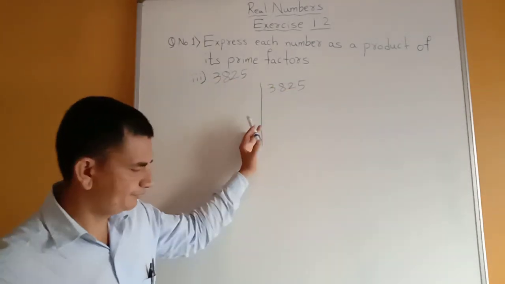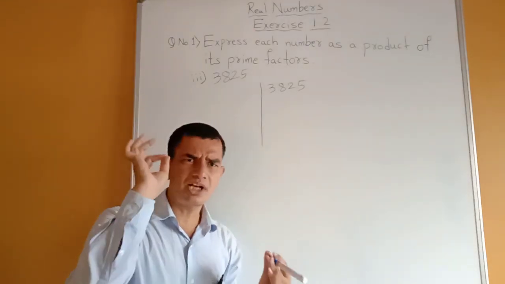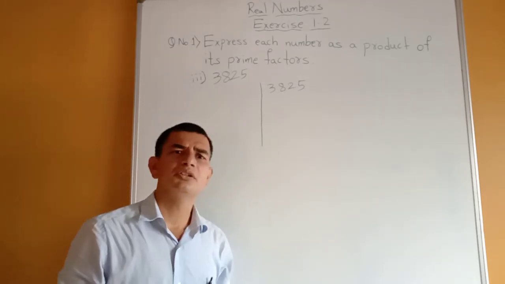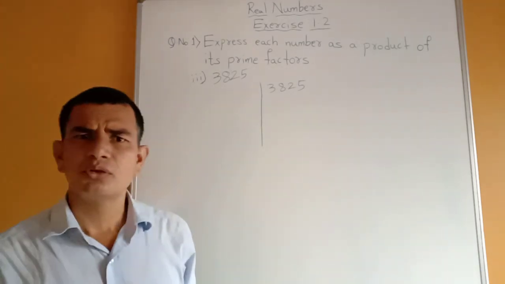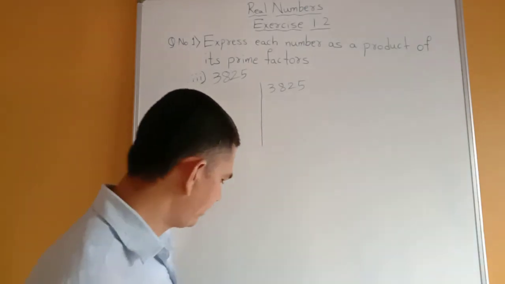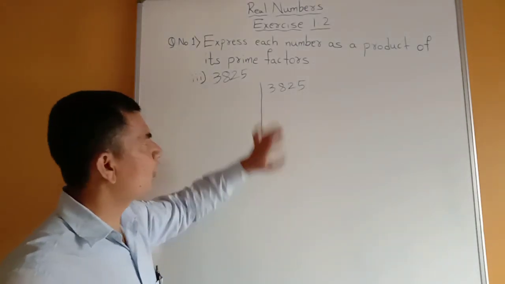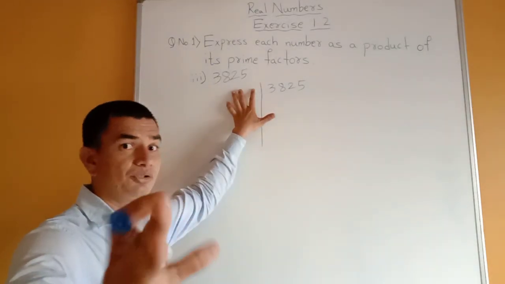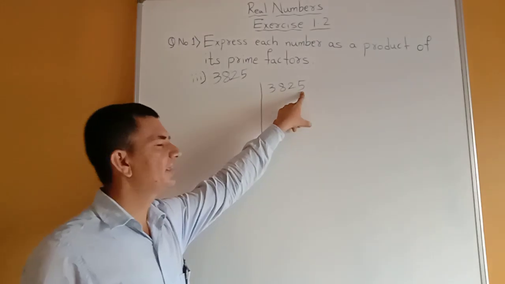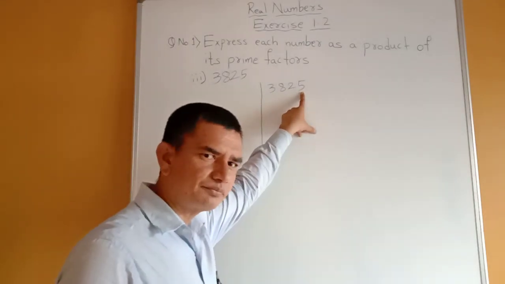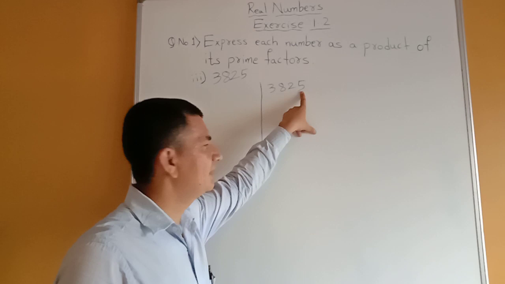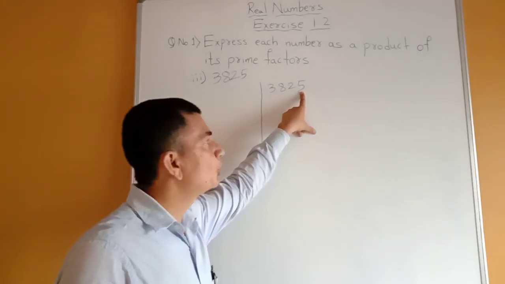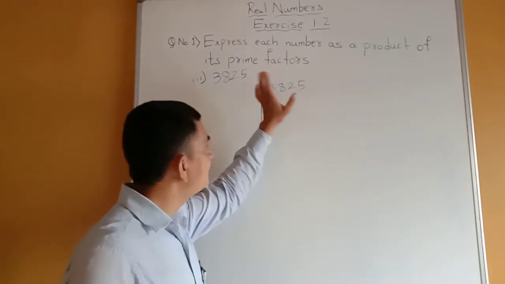Now this is a little bit big number. If you understand one concept clearly, you can do any kind of number. It may be more than 10,000, 1 lakh, any big number you can solve easily. Then same process we have to follow. Is it possible to divide? Is it divisible clearly with the 2? Because I told you to observe the unit place. If in the unit place the odd number is there, it is not divisible by 2, so we can go for 3. Is it divisible by 3?